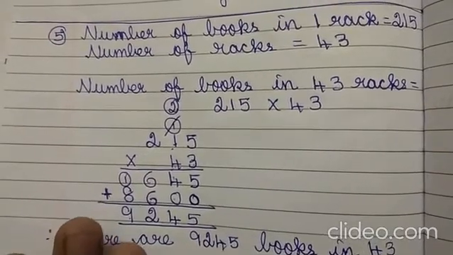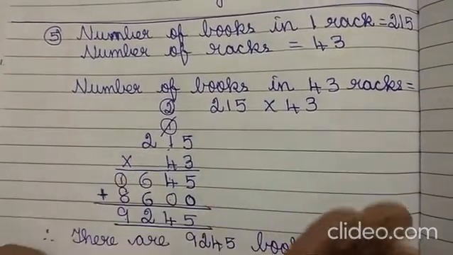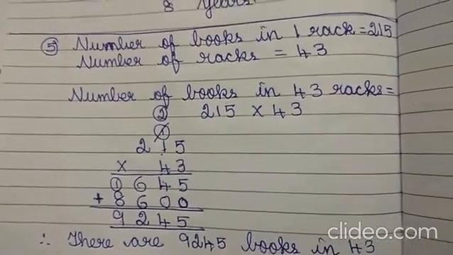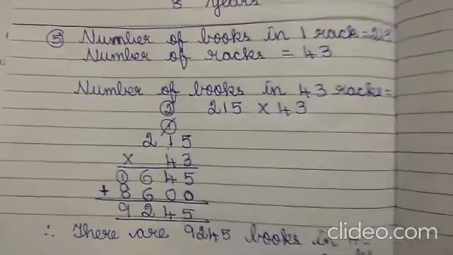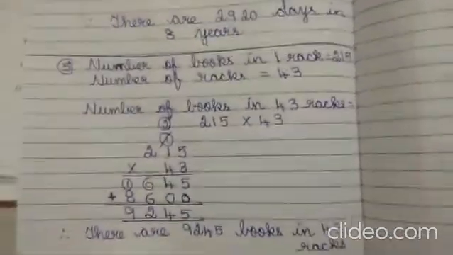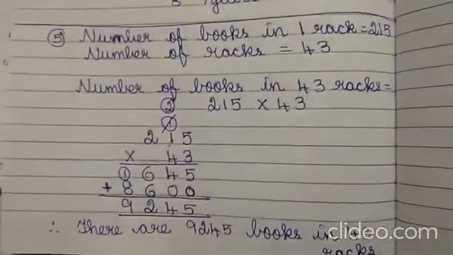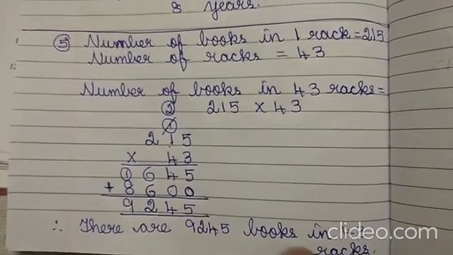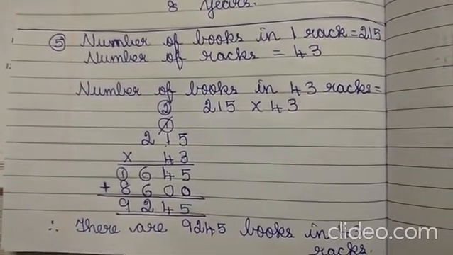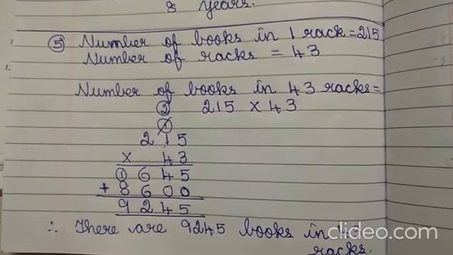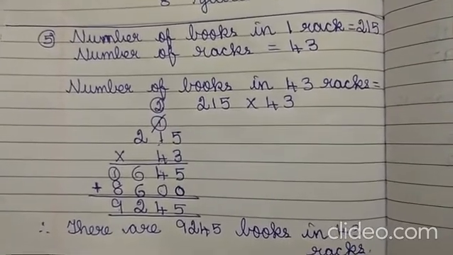Okay, children? I hope you will be completing the rest. Today we have completed chapter 3, multiplication, and in the next class we will be taking the new chapter 4, division. Okay, children? For division also, tables are a must. It's very important, so you have to learn the tables properly.